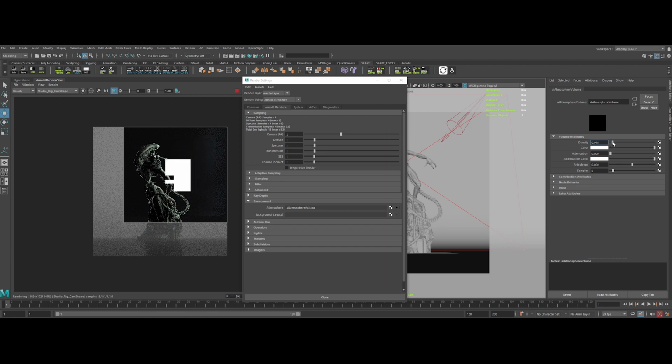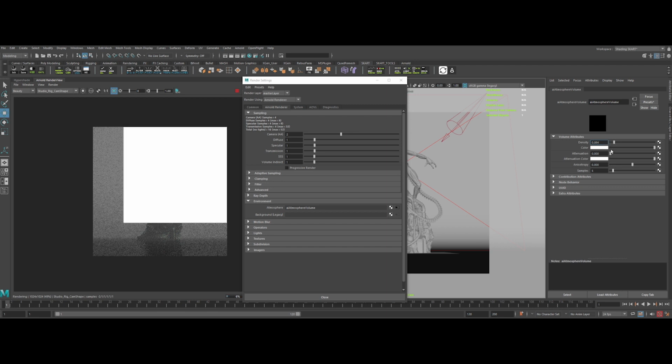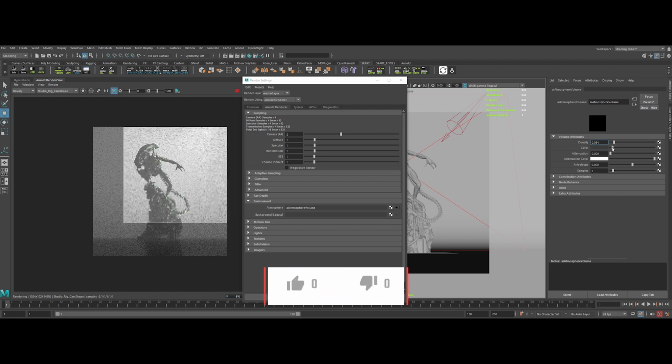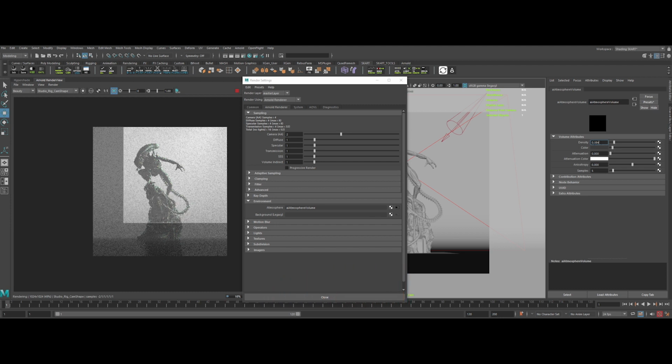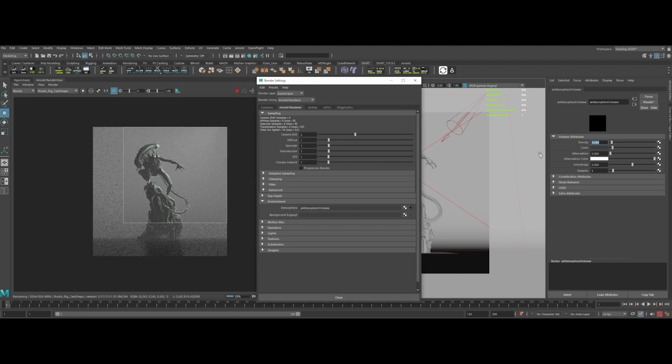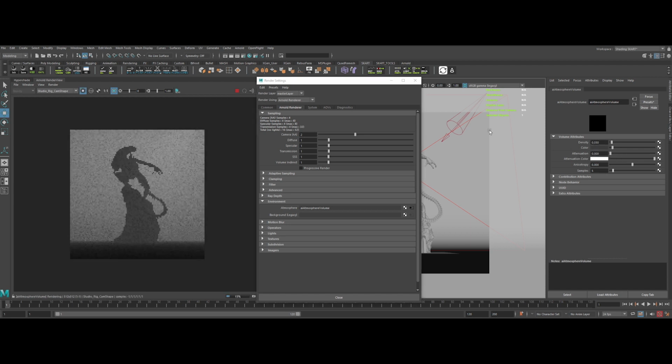Now, in the Attribute Editor, if we increase the density, a lot of volumetrics will appear. We can lower the color too to adjust the intensity. But the better way of doing it is to input a really low value in the density, like 0.030. Sweet. With the attenuation parameter, we can reduce the global force of it. Let's remove it for now.